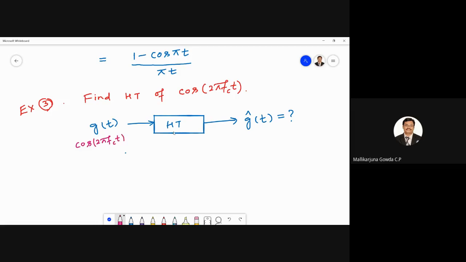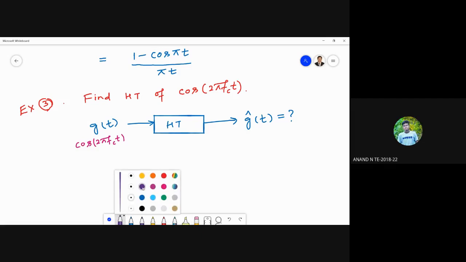In simple words, as I said, the Hilbert transform provides a minus 90-degree phase shift for the positive frequency of the input signal. So in one line, you can say cosine of 2 pi fct minus pi by 2 is nothing but sine of 2 pi fct. That is the simplest way to say. But if it is asked for 6 marks, you need to prove how you are getting the sine 2 pi fct. Just writing one line will not get you 6 marks. Hope you're understanding now what I mean.